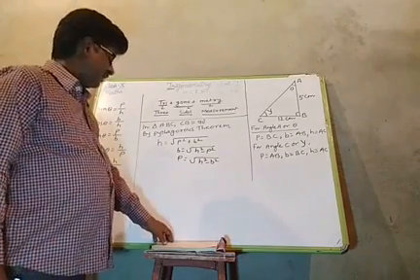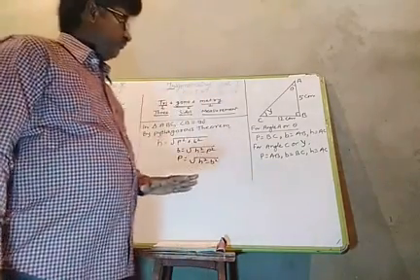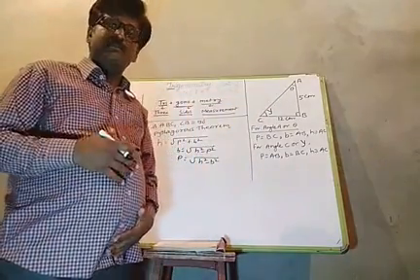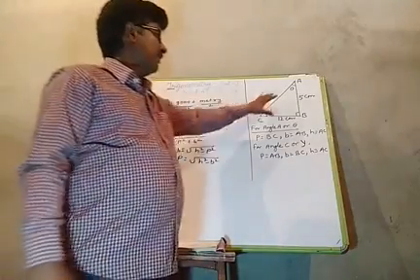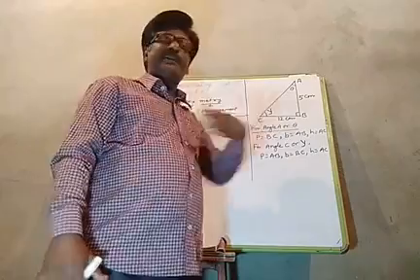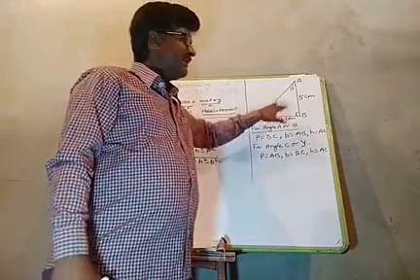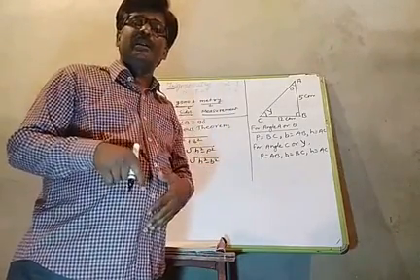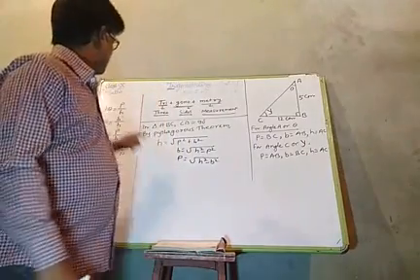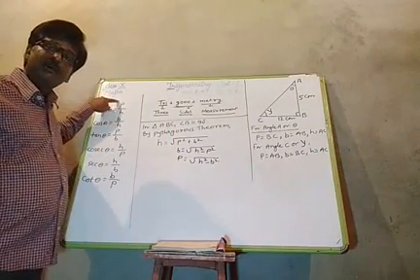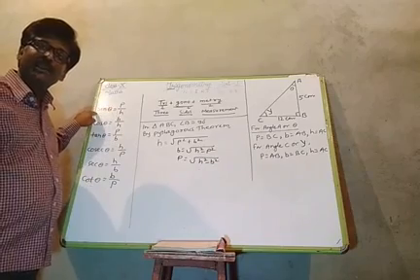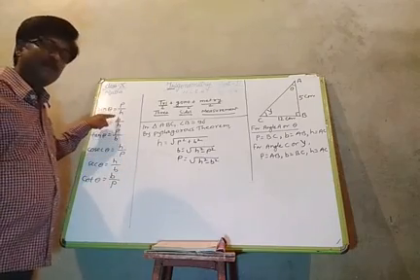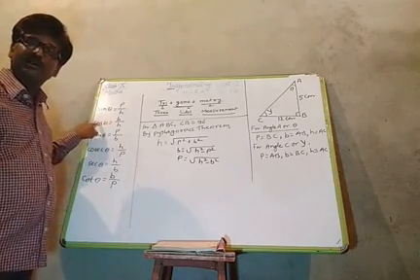After that, in trigonometry, how can we measure the sides? This is the side relation, and there are three sides: perpendicular, base and hypotenuse. And in the introduction to trigonometry, there are 6 ratios. In a right angle triangle, the ratio of perpendicular to hypotenuse is said to be sin theta. So sin theta is equal to P by H. Okay. The ratio of base to hypotenuse is cos theta.